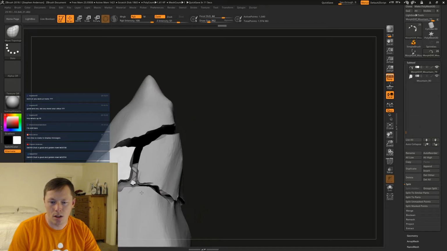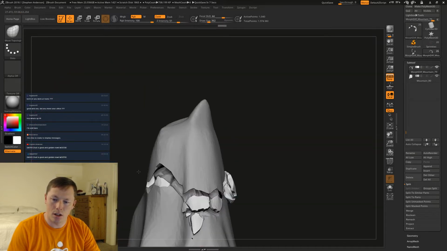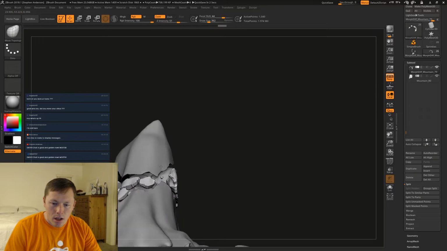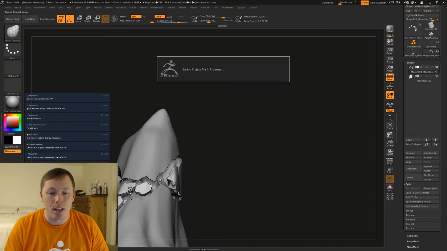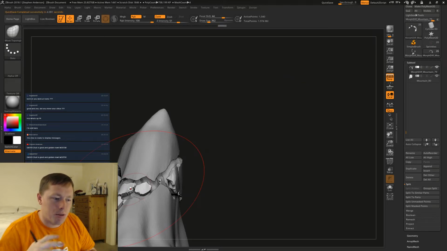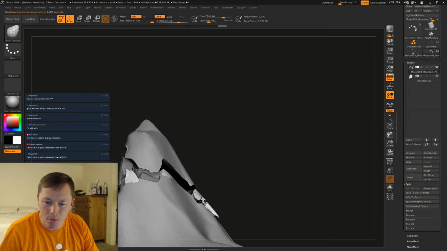I like having these little chunks. I'll probably have to duplicate some of these and have them floating around on the inside. I'll rotate them differently so that they don't appear to be the same thing.